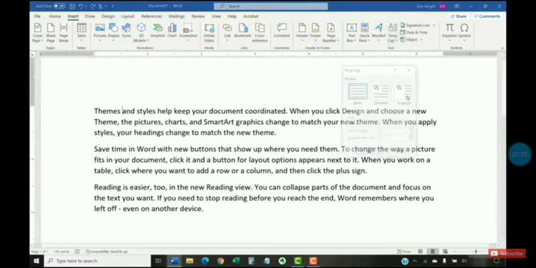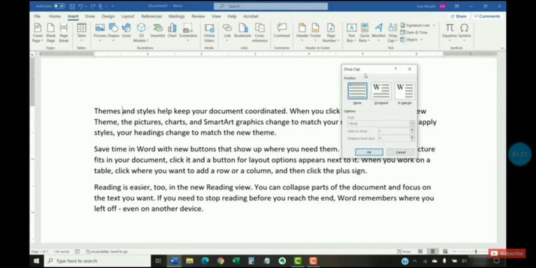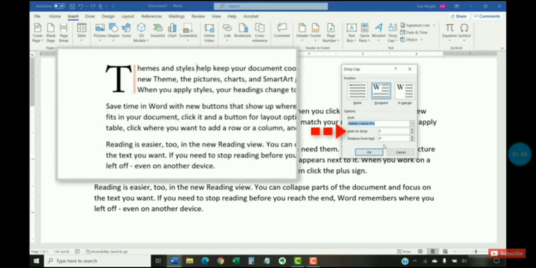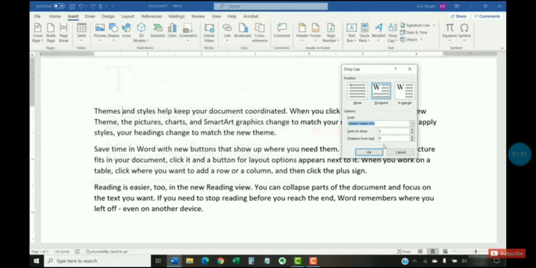You can give how much space you require in this way. Position, you want none, the position is the same like this, and then there are the dropped and in margin options. Under this, select which kind of font you want first. Then there is lines to drop. It means how many lines you want to drop it, like 3 lines or 4 lines. You will give the value over here, at least 2 or 3.